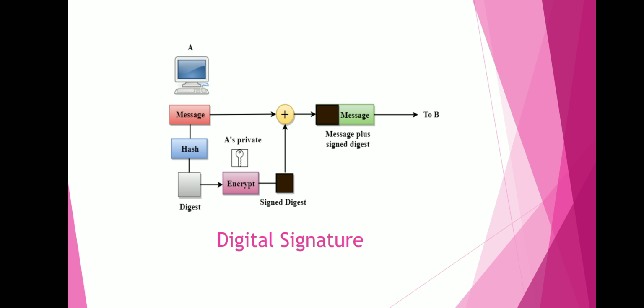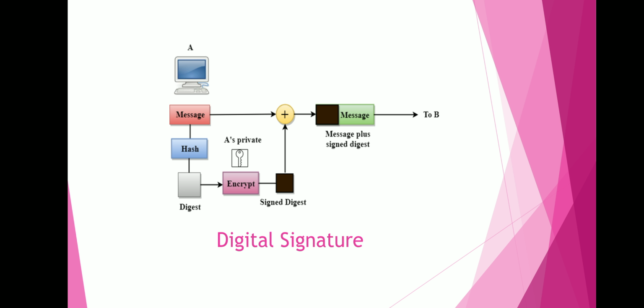The message will be hashed. We can say that h of m gives the digest, which is known as the message digest. Like the plain text is converted into an unreadable form, that is a fixed string, that is the message digest. In order to provide confidentiality to messages, we can even use hash functions, right? Then we get the message digest. The digest will be encrypted using A's private key. Here the sender's private key is used in order to encrypt the message digest. We get the signed digest, and this signed digest is known as the digital signature.